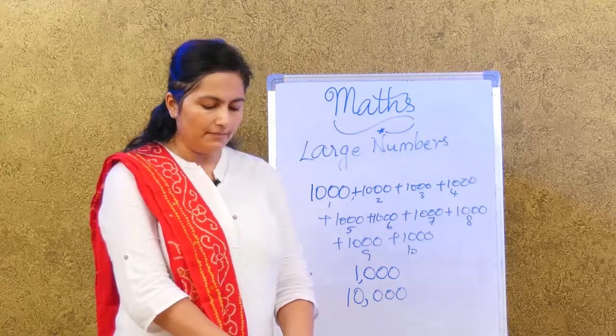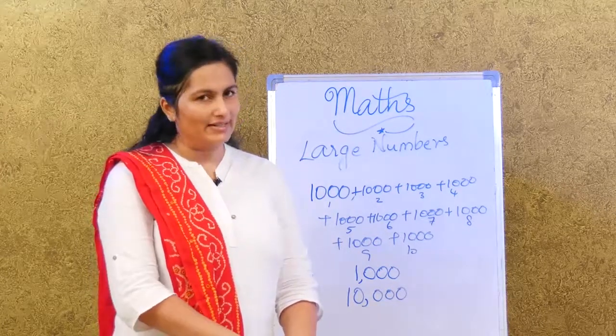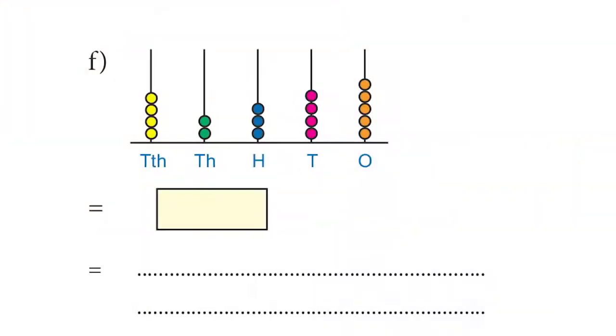Write the numeral and then the number names, both you have to do. The first one is already done for you. So, let's take a look at the second one. So, we are going to try the example F. So, that has a 10,002. So, we are going to draw 10,000, 1000, hundreds, tens and ones. So, let's see what the beads are saying, and then we have to find the numeral and the number name